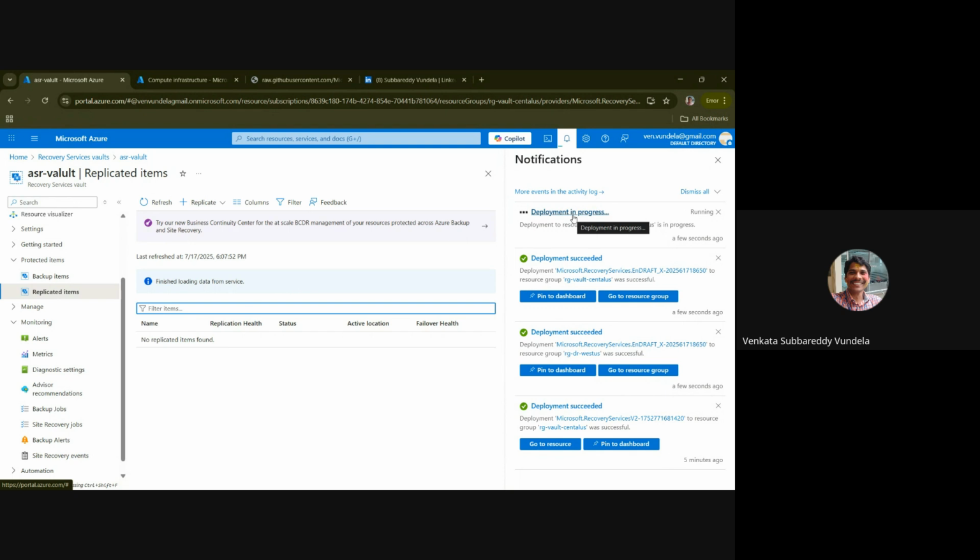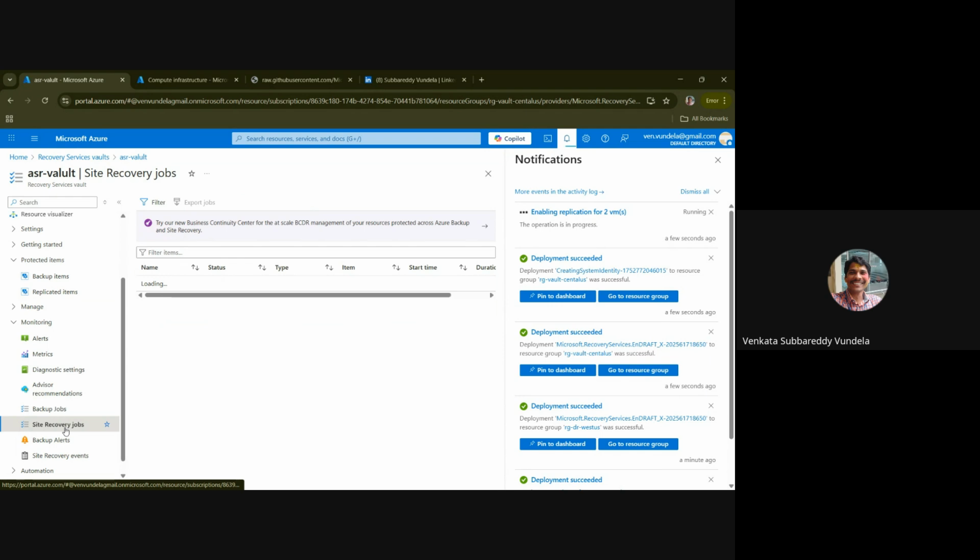Then, once replication is completed, we can see how ASR works for failover and failback, and whether it is real-time or near-zero replication. We'll see those as well.